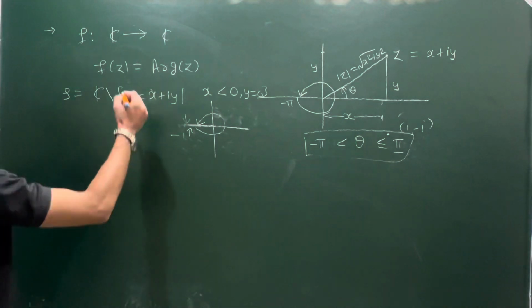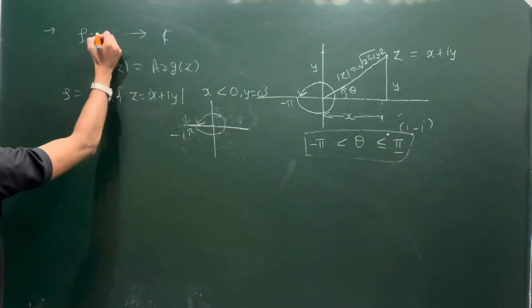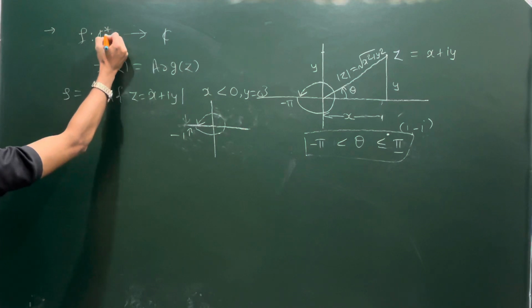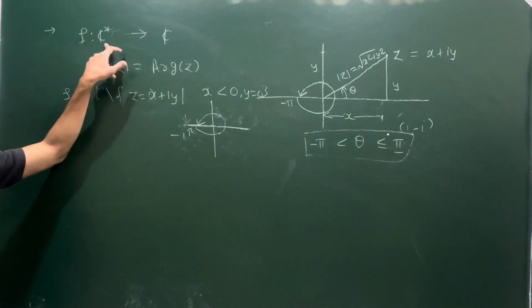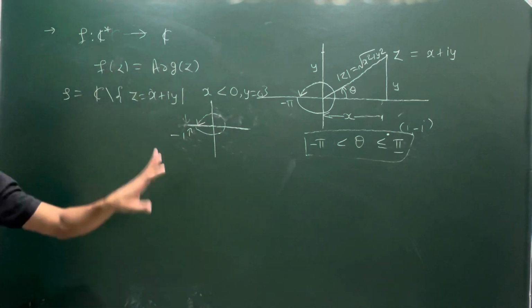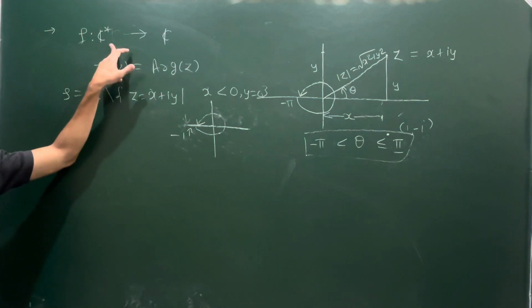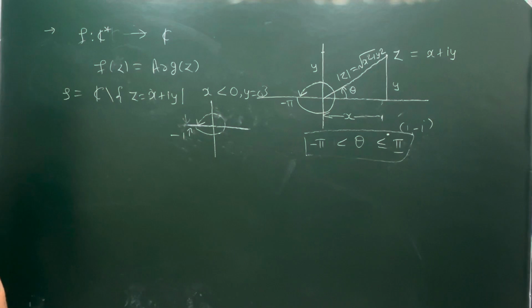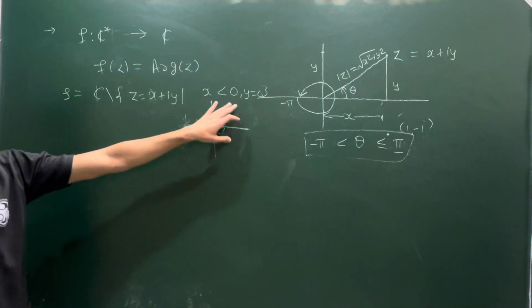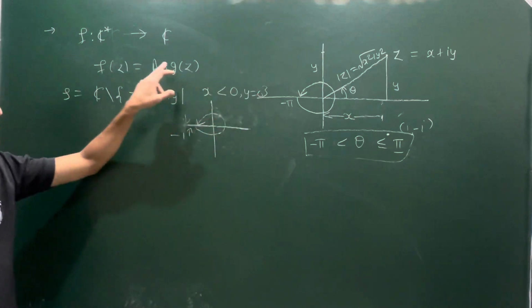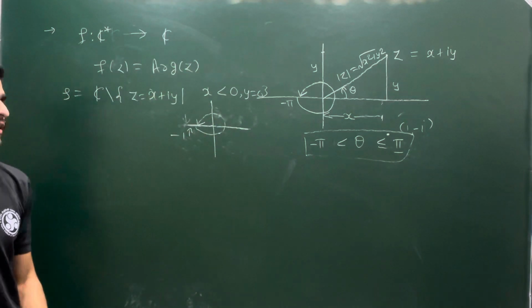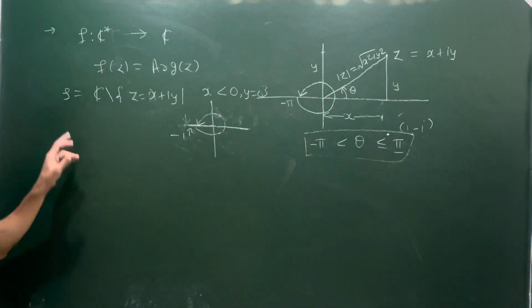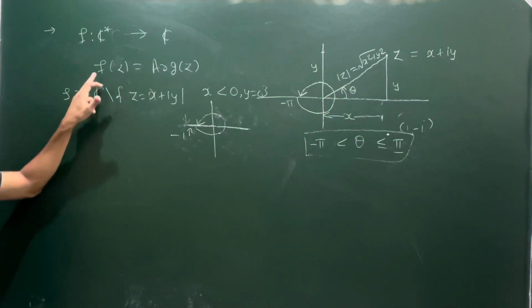So you can treat your domain as C star, that means the group of all units of the complex field, or you can treat this as C minus 0, because in C every non-zero complex number is a unit if you have studied group theory and ring theory. So you cannot talk about the 0 point. 0 I have not included because argument of z is defined only when your complex number is non-zero. If it is 0, we cannot define. So on this side my function is continuous.